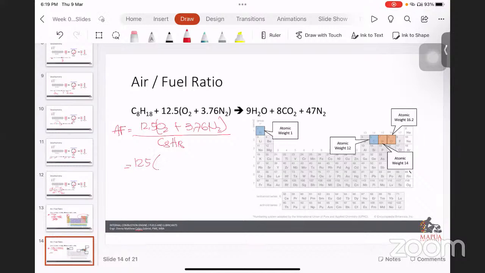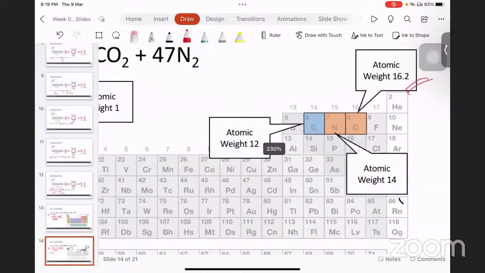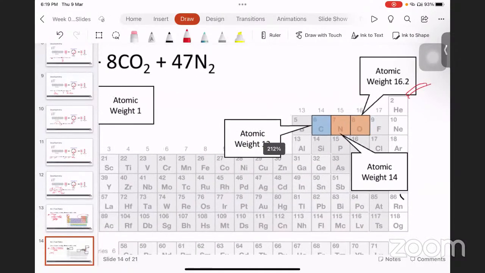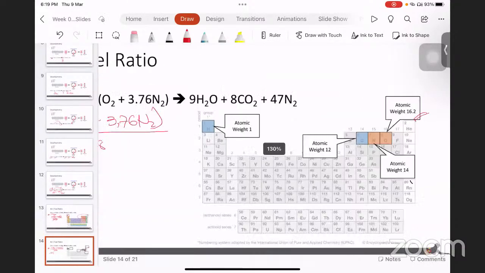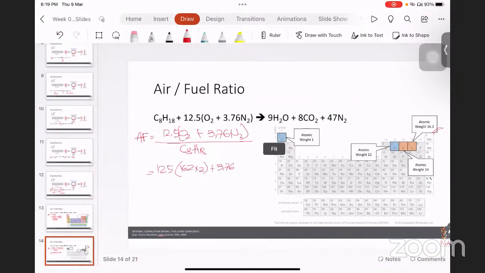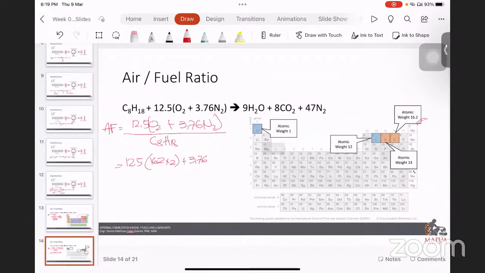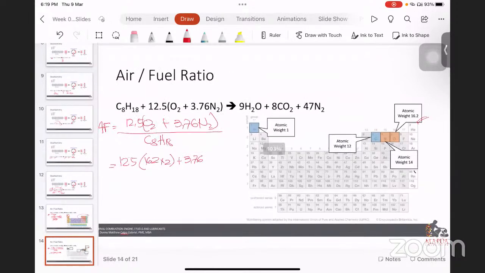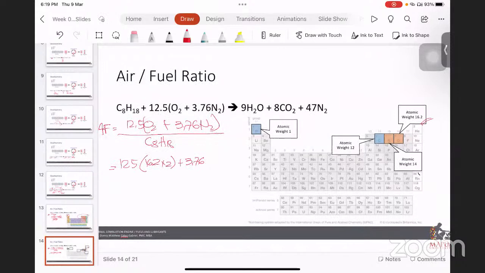Ang atomic weight ng oxygen ay 16.2 dahil may 2 doon times 2 plus 3.76. Yung nitrogen, ang atomic weight niya ay 14, times 14 times 2